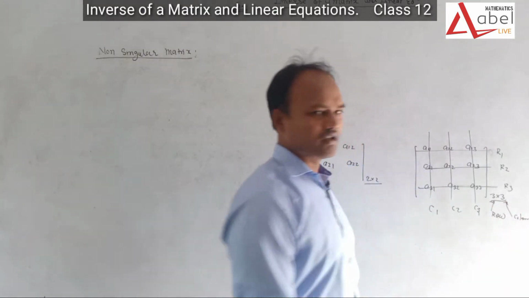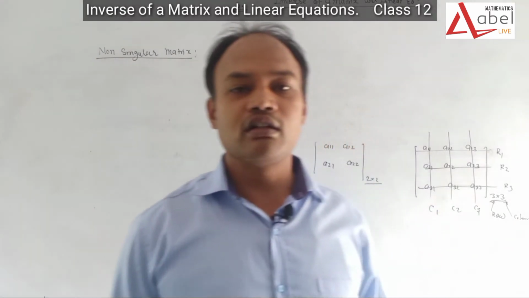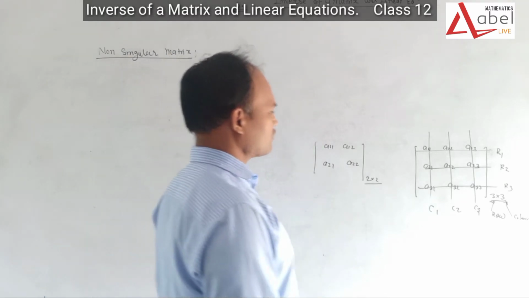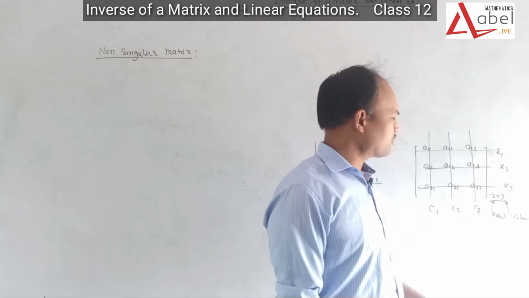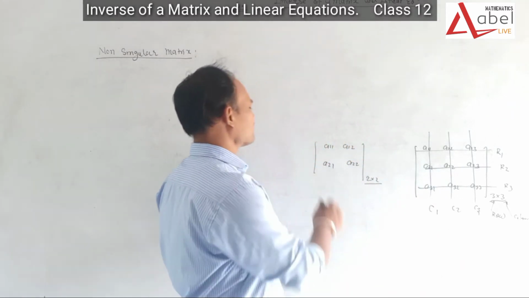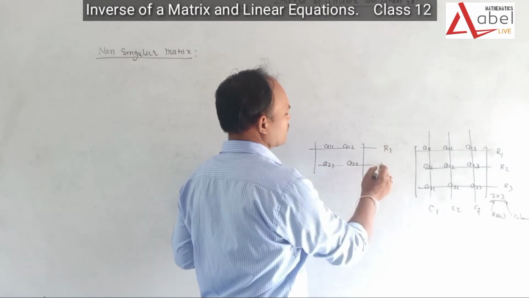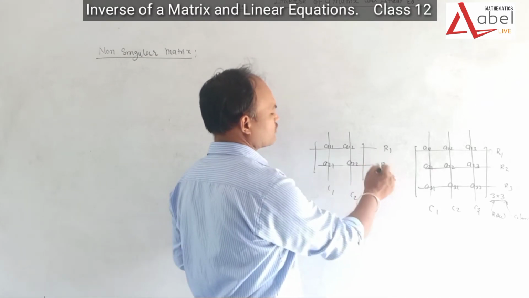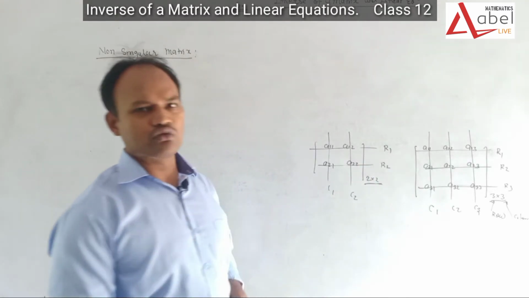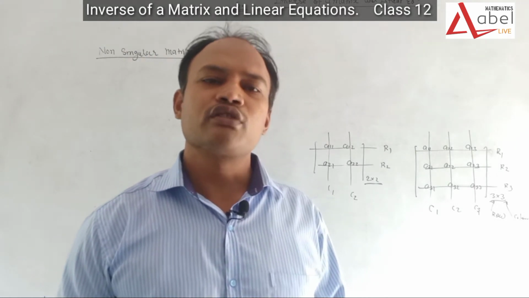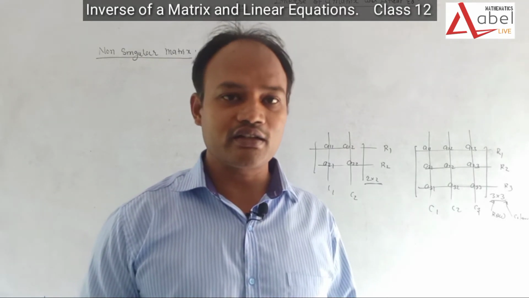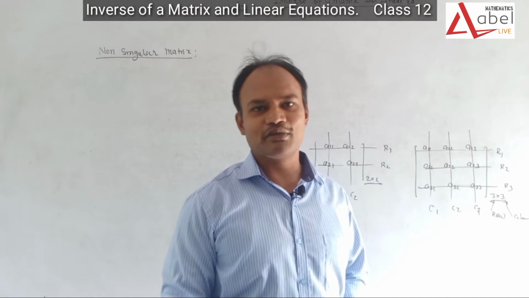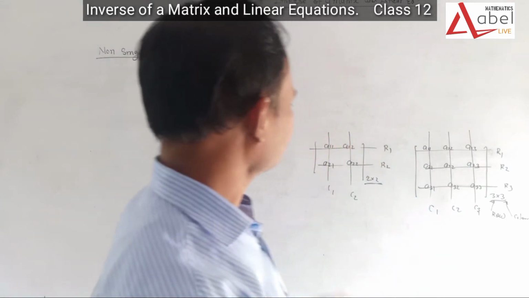If you are having any doubt regarding square matrix, then you can watch previous videos, so you will be able to know about it. So I explained what is a square matrix. This is also a square matrix because this is said to be R1, this is the R2, this is the C1 and this is C2. The order is 2, means there are 2 rows and 2 columns. So we can say that 2 cross 2 is the order of this matrix. So when we are saying about a square matrix, it is either 2 cross 2, 3 cross 3 or 4 cross 4. It means number of rows are equal to number of columns. Okay, so it is clear now.